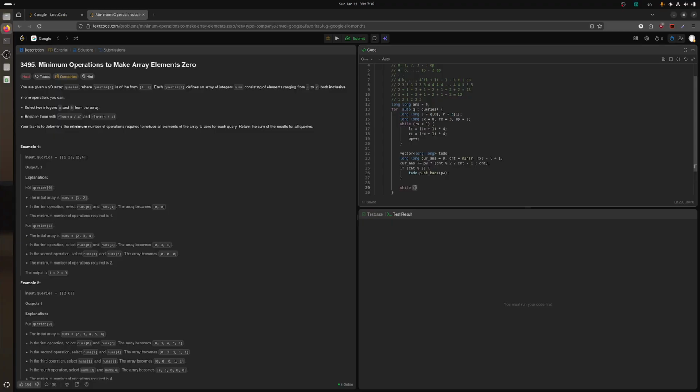Okay, and now we do while x is smaller than or equal to r, then we want to do this lx1 plus lx times 4, but that's fair. Okay, power plus plus,